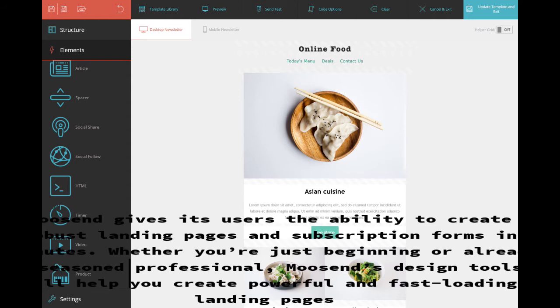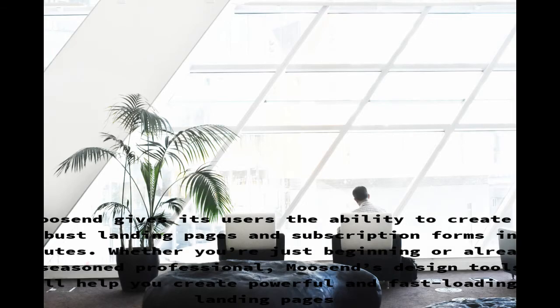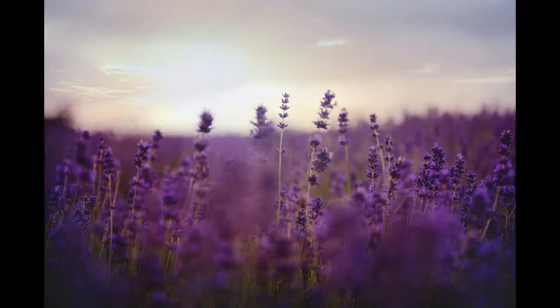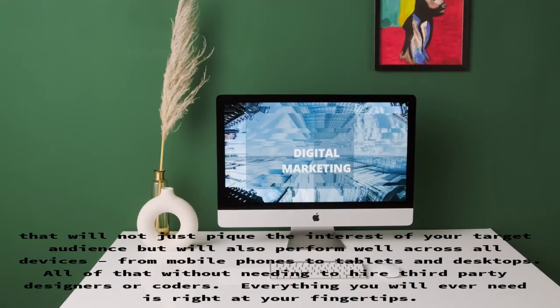Design freedom. Moosend gives its users the ability to create robust landing pages and subscription forms in minutes. Whether you're just beginning or already a seasoned professional, Moosend's design tools will help you create powerful and fast-loading landing pages that will not just pique the interest of your target audience, but will also perform well across all devices,